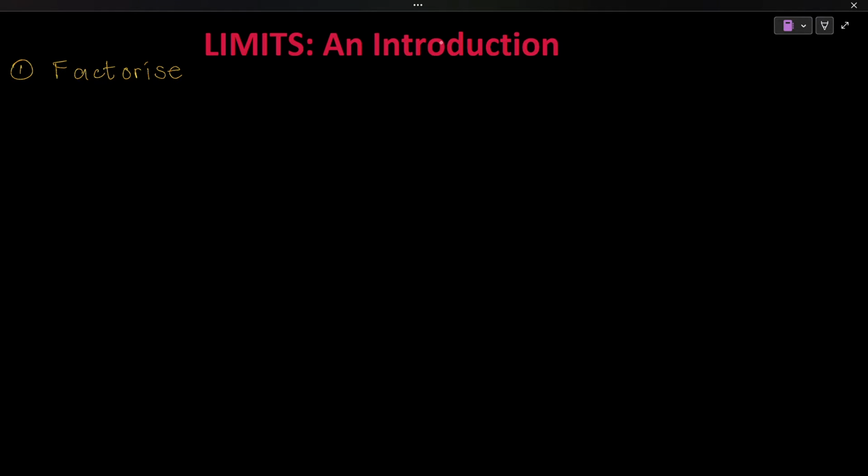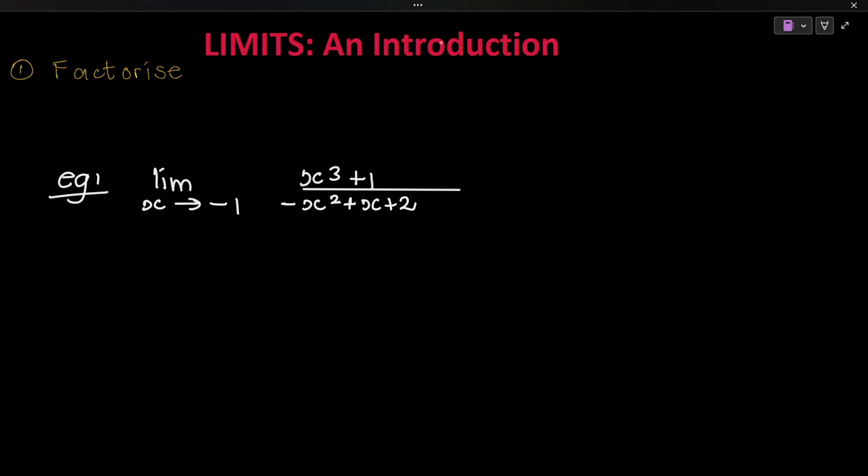Okay, let's look at a proper example. Let's call this example 1. Say we have the limit as x approaches -1 of x cubed plus 1 all over negative x squared plus x plus 2. Now, we said that whatever question we're given, whatever function we have, our first step is